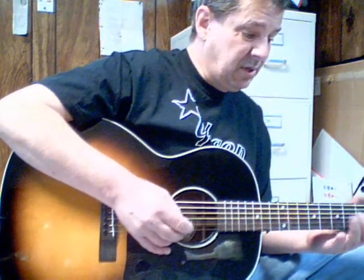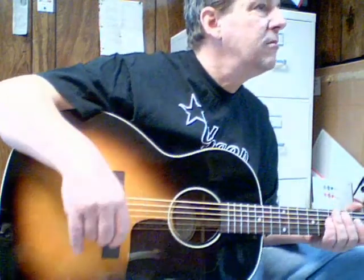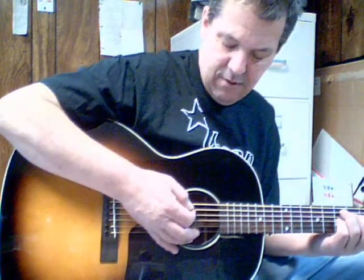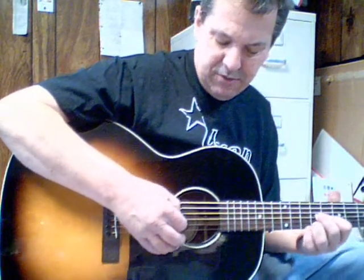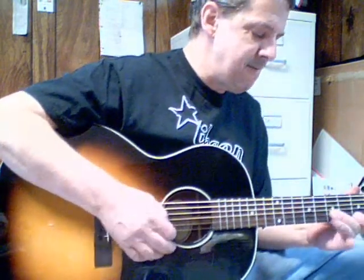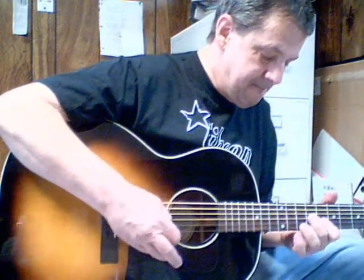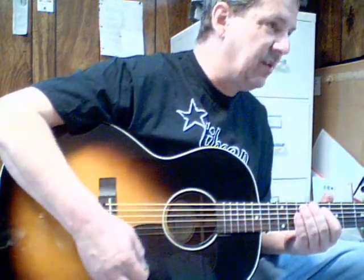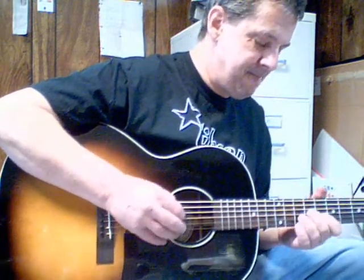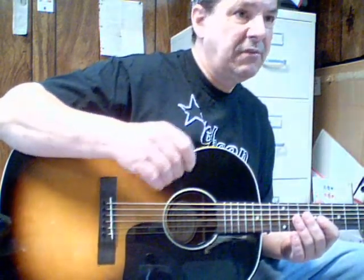So you can use a little bit when you're doing little frilly stuff, but when you're strumming a whole chord, it's just not really going to work. When you're doing a rake, which is like when you do a lead, or like this. A rake is when you rake your hand across there and then play a note at the end of it. But for a lead, what you're really going to have to do is to learn how to